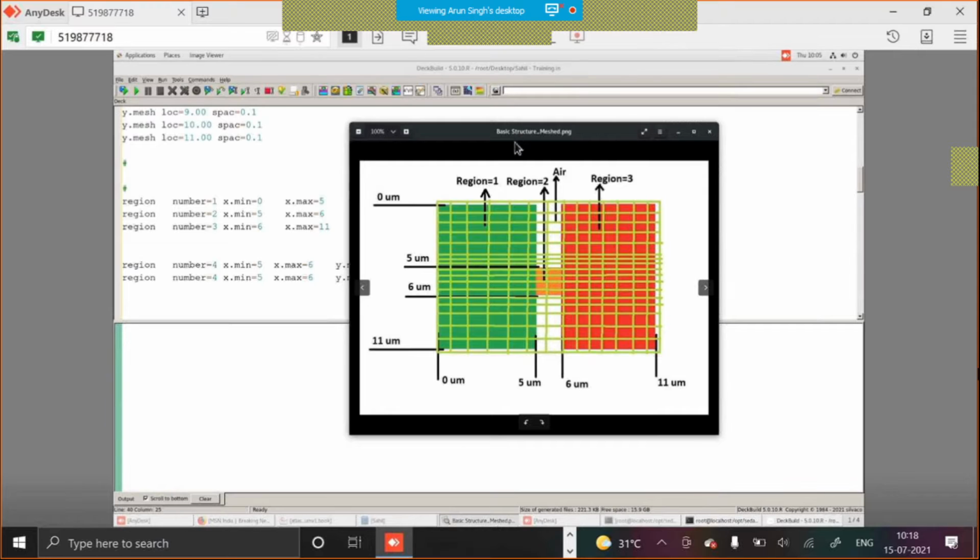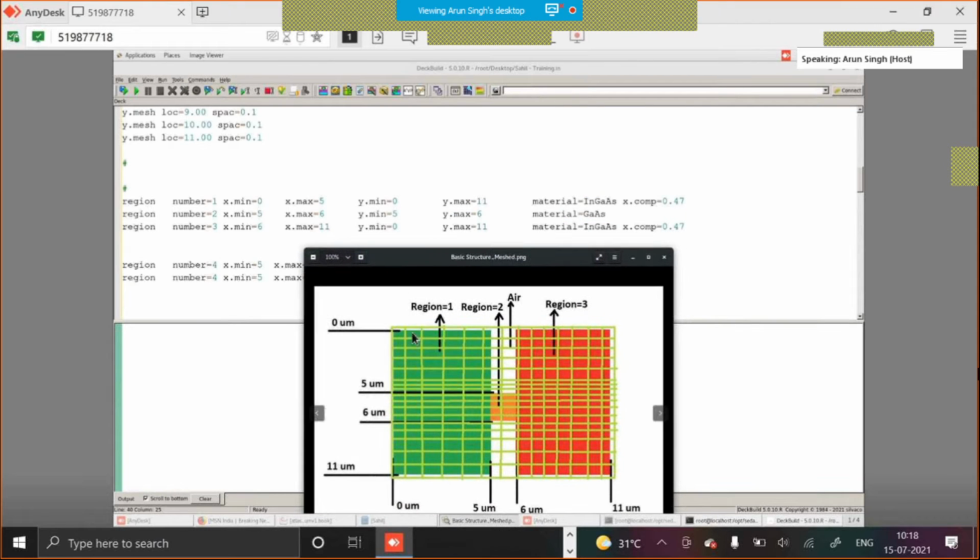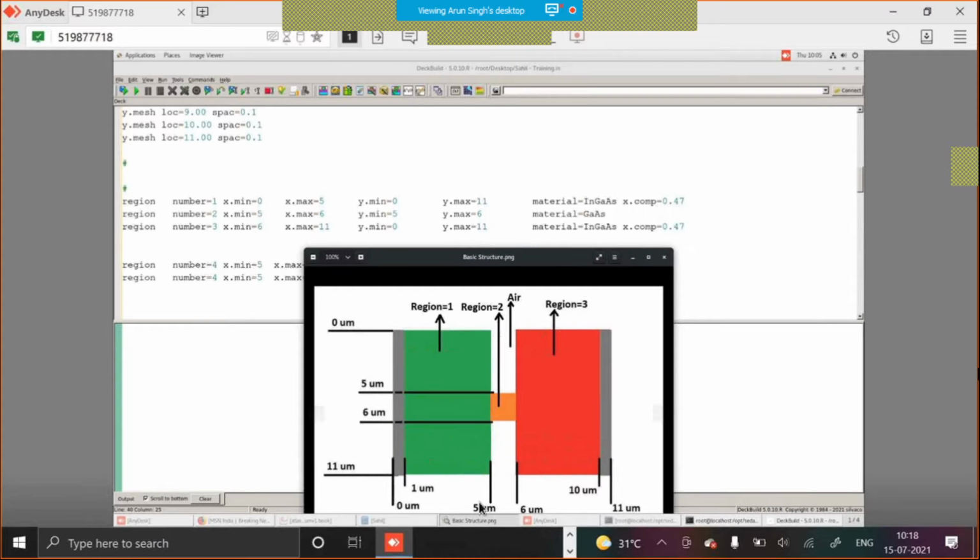Like in this, you can see that the regions are defined. Region 1 is from 0 micron till 5 micron. So X minimum is 0 and X maximum is 5. Y minimum is 0 and Y maximum is 11, and the material is specified as GaAs.